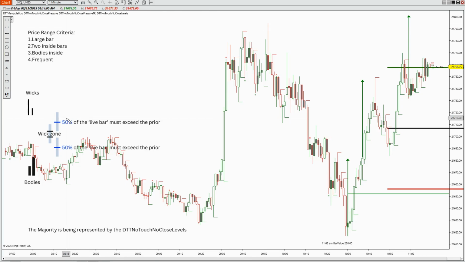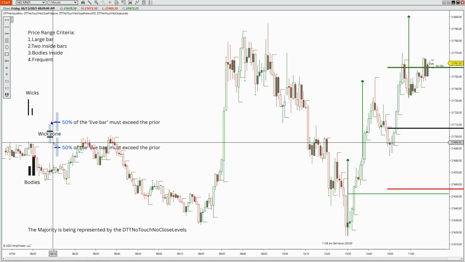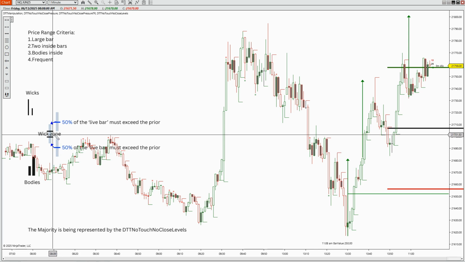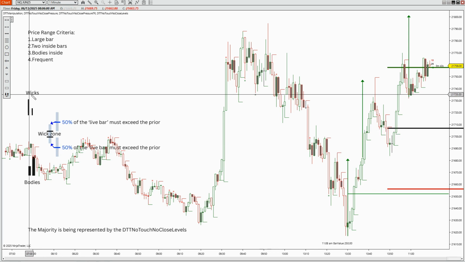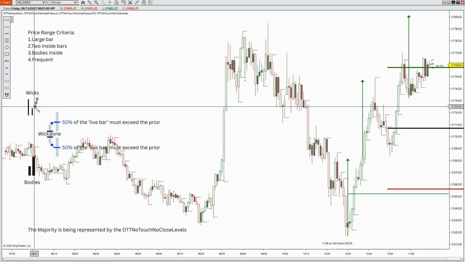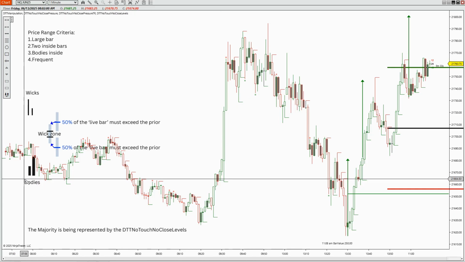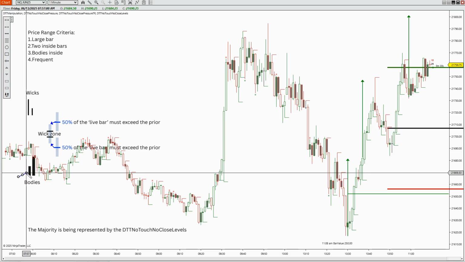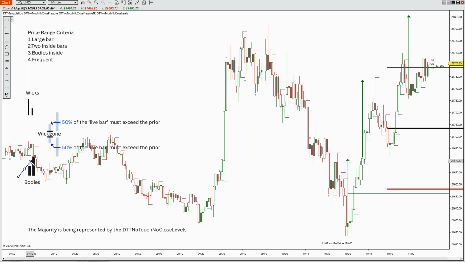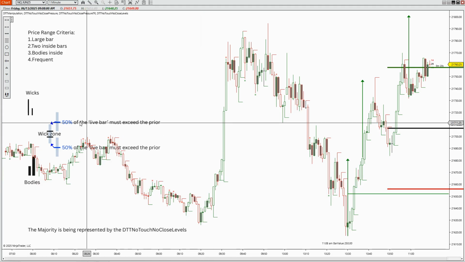If you're new to the channel, this is what we're doing. We're getting that mid above the prior bar's high, or we get the mid below the prior bar's low. Now this is our wick zone, and we're looking for a big wick, and then we want a smaller wick. And then, because the candles have bodies, we're wanting a small body with a bigger body, and this body must fit in there twice. That's the only caveat. That's how you're finding majority.